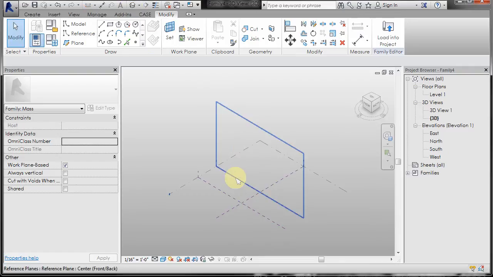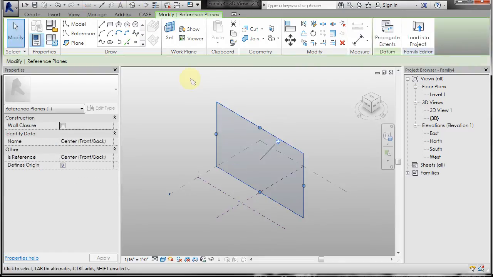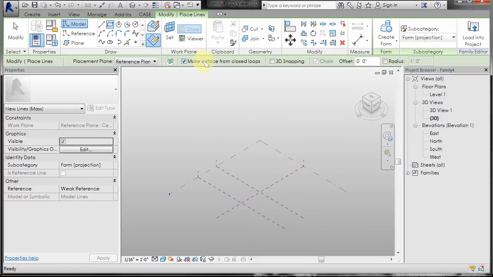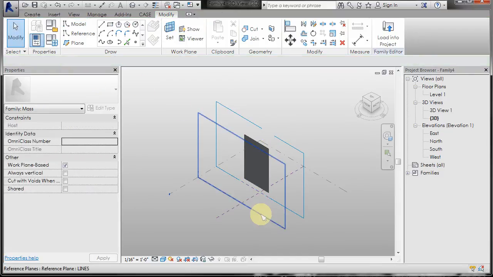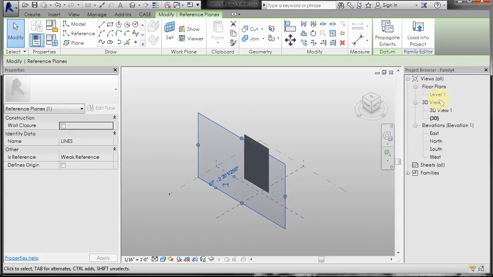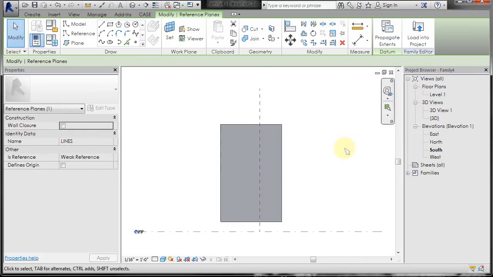I'm going to select my center front back and I'm going to create a surface there. So I'm going to do rectangle, make surface from closed loops, and I'm just going to make a pretty large surface. Okay. Once I have that, I'll pick that reference plane, go to my south elevation, and I want to